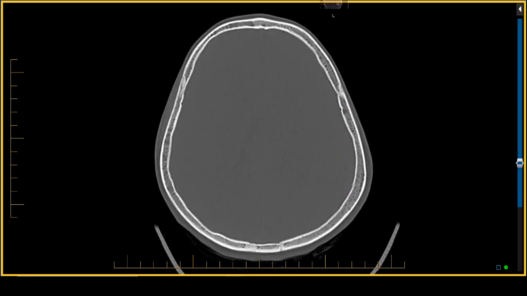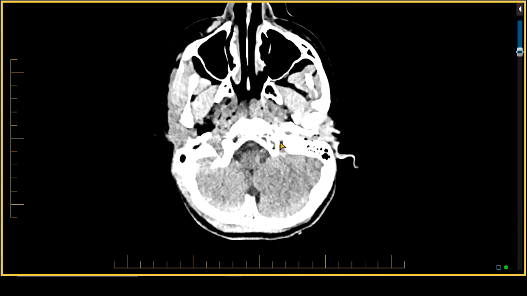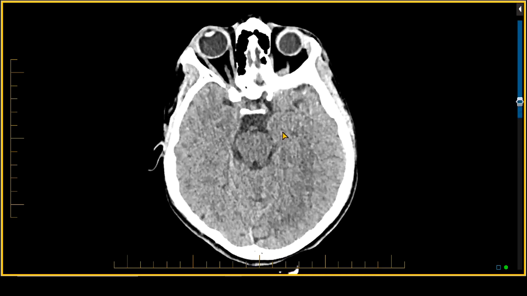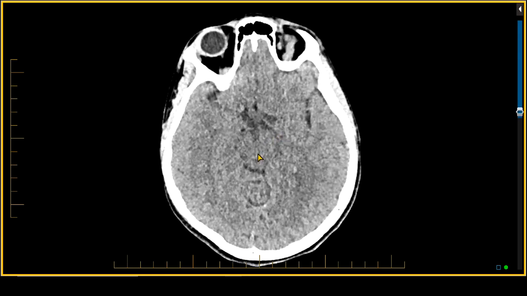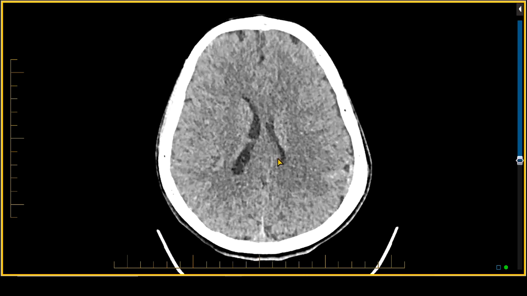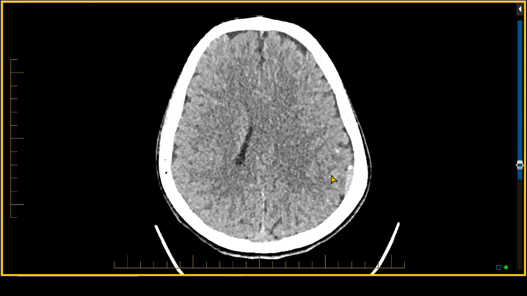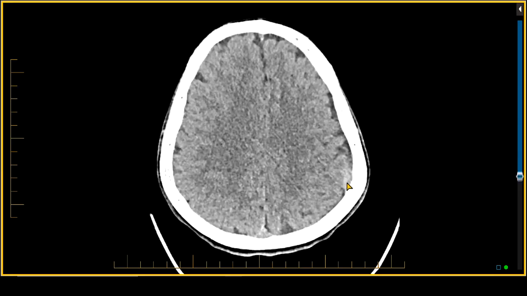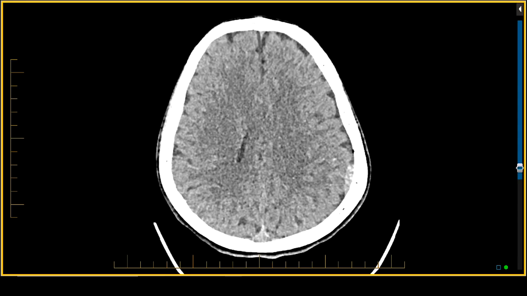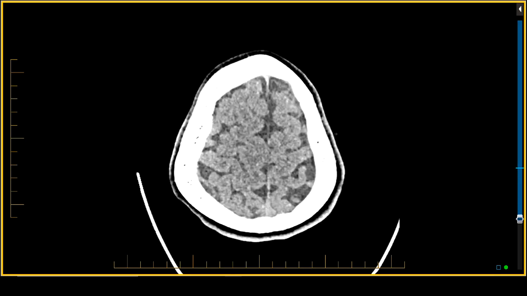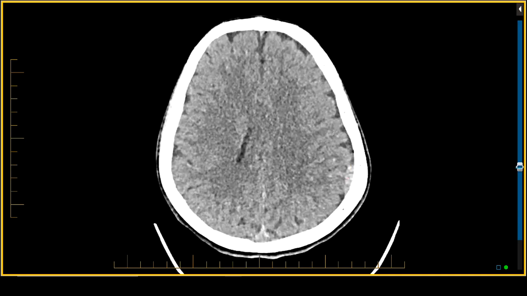Just to be sure, we would look at the thin section images. These are the 1 millimeter thick sections. The disadvantage of looking at the thin section images is that they do get more noisy since it is a 1 millimeter thick section. Nonetheless, although we can see some of the subarachnoid hemorrhage, we are still seeing a relatively small extraaxial collection here. We can measure this. And 5 millimeter extraaxial collection, likely an epidural hematoma from a peripheral middle meningeal injury from